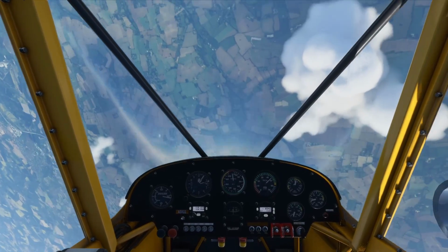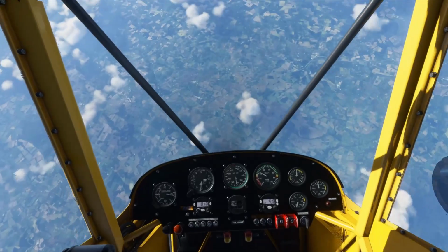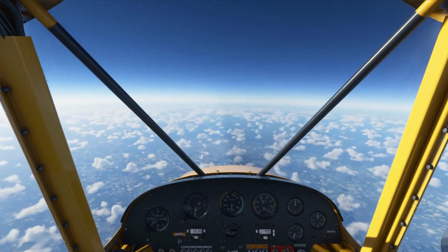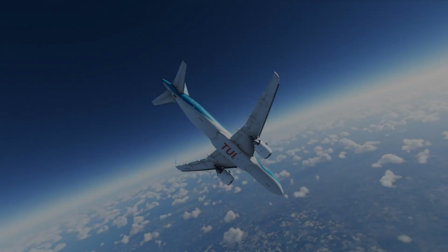Flying the X-Cub at 39,000 feet is near impossible, so you've got to spin your way out of it until you get to an altitude where you can regain control of your aircraft, which very rarely happens because you're going way too fast. So make sure you turn off realism settings for this one, otherwise you'll damage your aircraft and it will go